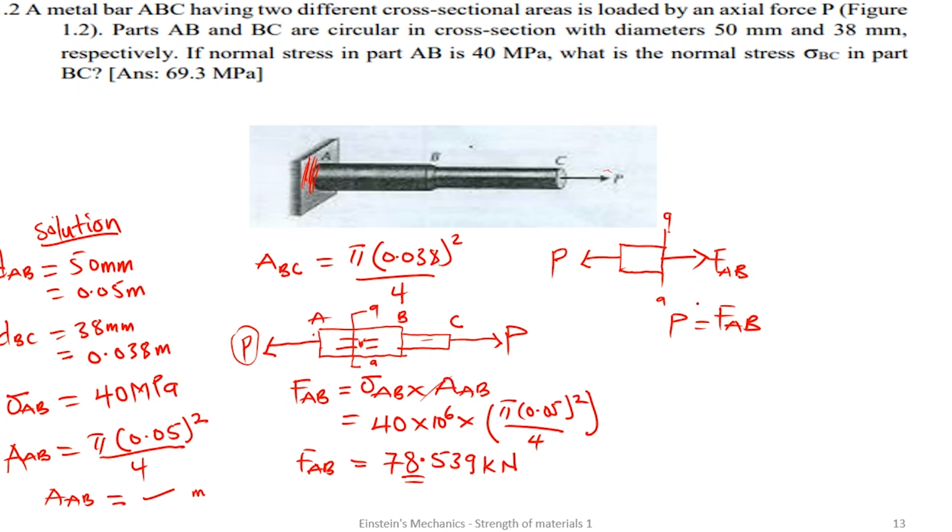So now we know force AB. Therefore, P is also equal to the same force, 78.539 kilonewton. So now we can see that this force P acting on member BC is actually a 78.539 kilonewton force. Now that we know the force, we know the area, can we calculate for the stress in BC then? Yeah, we can do. So stress in BC is the force, which is 78 point